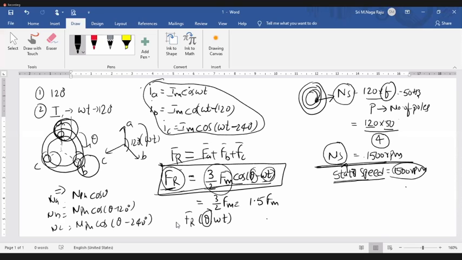Listen carefully from here onwards. Each and every point is important. This RMF is also important, but once you have the textbook or these notes, you can read it. But these points you have to understand while I am explaining. So this is the synchronous speed. Fine. Now we will discuss slip. What is slip?